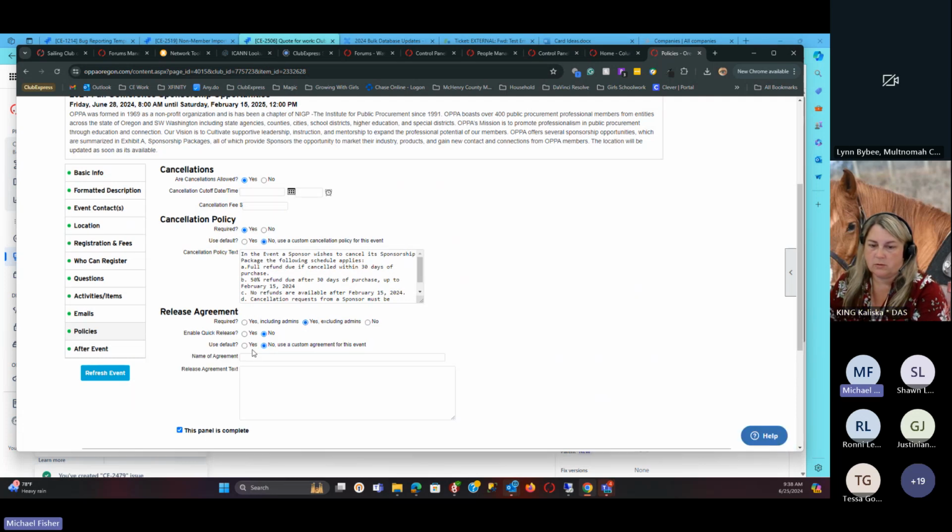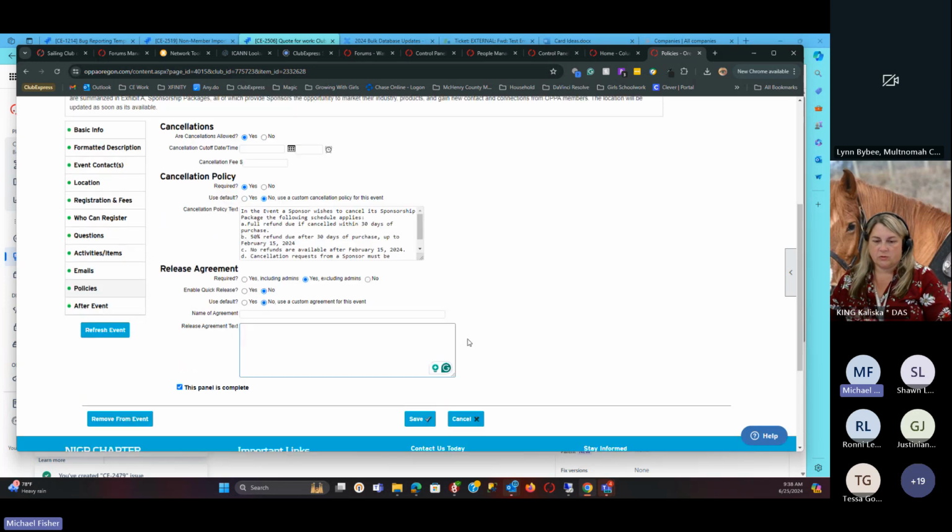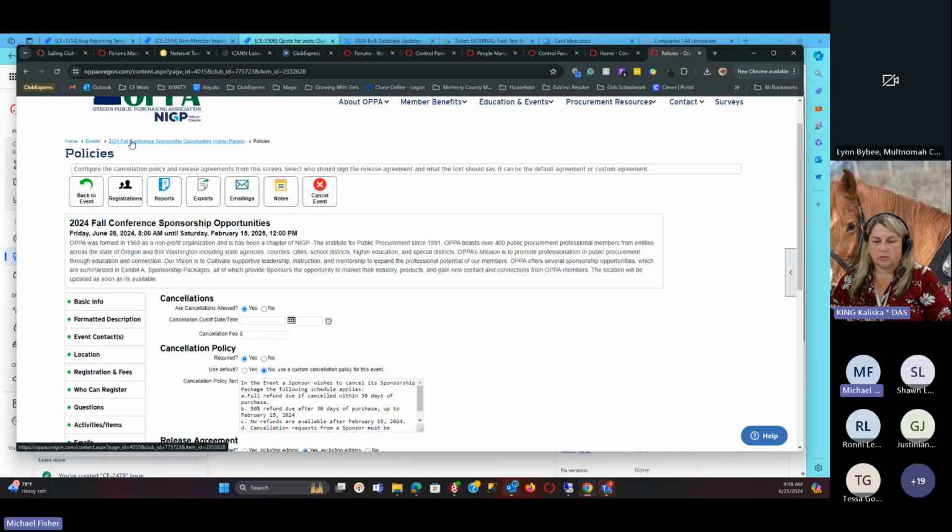Yeah. And then do you want to use a quick release? Do you want to use the default agreement? Do you want to create your own agreement? Most people use our own custom agreement. Yeah. Okay. But you can create a default agreement. Like if you're going to use it on multiple events, the same agreement, then